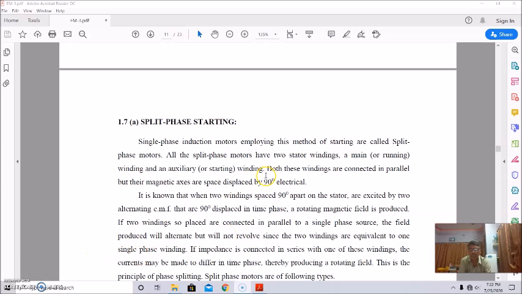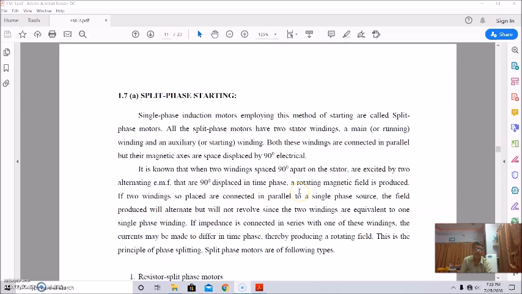This method is known as the split phase induction motor, and all split phase motors have two stator windings: the main winding or running winding, and the auxiliary or starting winding. Both these windings are connected in parallel, but their magnetic axes are spaced and displaced by 90 degrees electrical. So when these two windings are spaced 90 degrees apart at the stator,